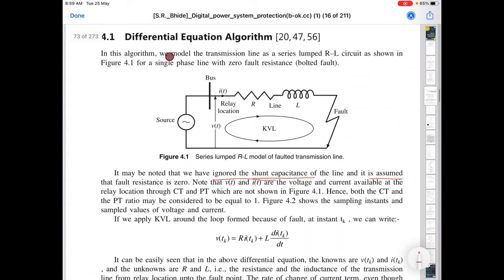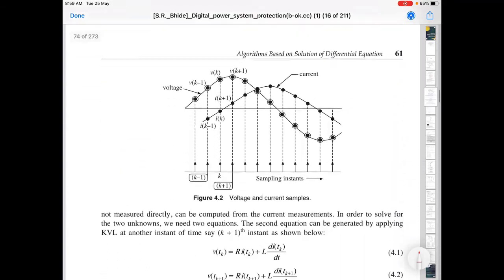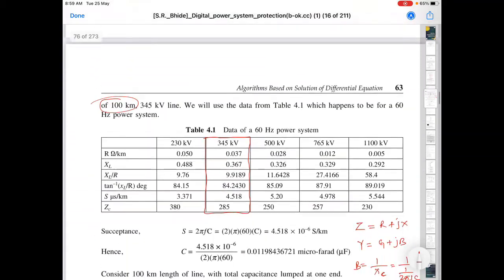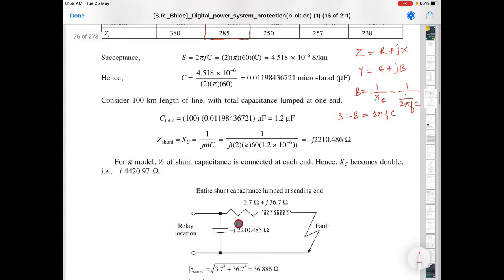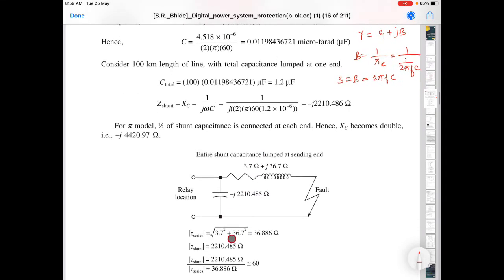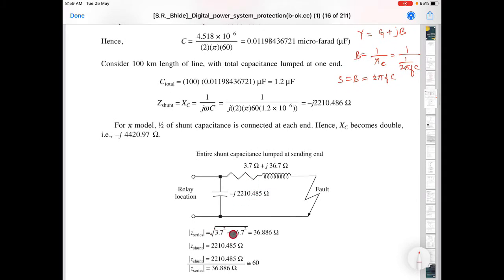Okay. We are justifying whatever we have taken in this algorithm, okay. We started this algorithm assuming these two quantities, correct. We are neglecting the shunt capacitance because it can be ignored. It is so negligible that it can be ignored. So we are trying to justify whether we can ignore it or not, okay. So we have considered this. So only this will see what is total impedance, and the combination of these two will see the impedance. So only Z series, what is the impedance, okay.